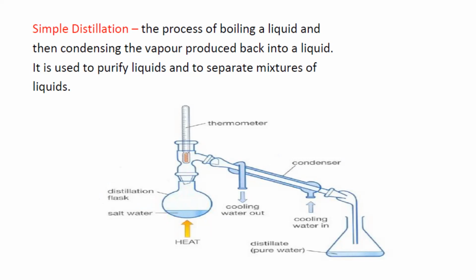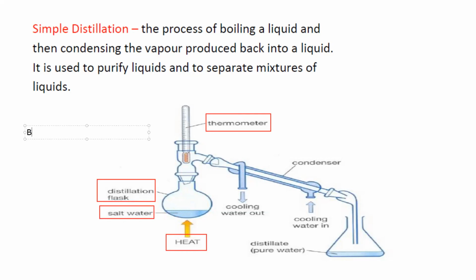So you have to learn the labels as well. Sometimes in exams, normally in paper 6, they ask you to label the apparatus. So if it is pointed at this one, this is a thermometer, distillation flask, a mixture or salt water, heat. How can we supply heat energy? There are different ways to supply the heat energy. We can use a Bunsen burner,